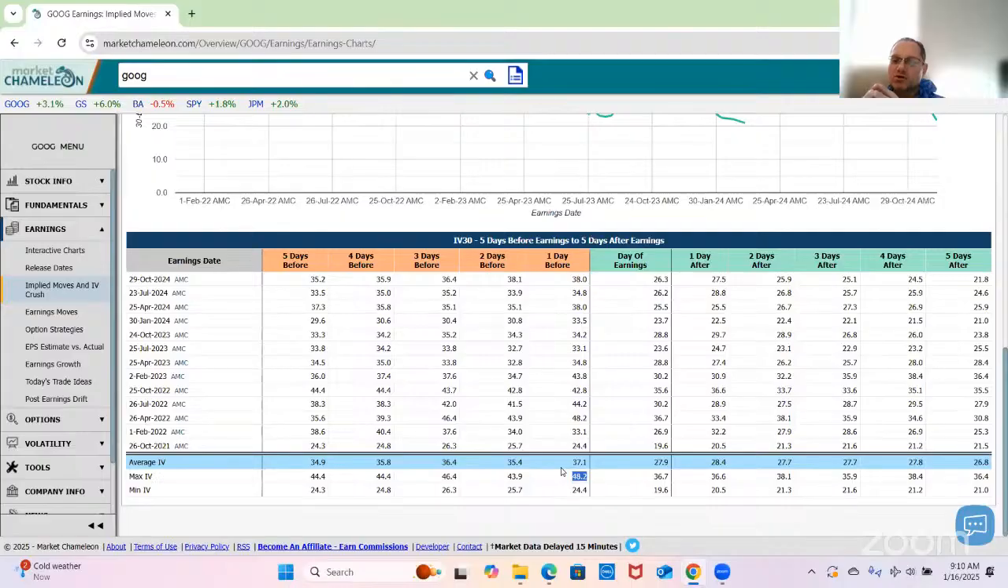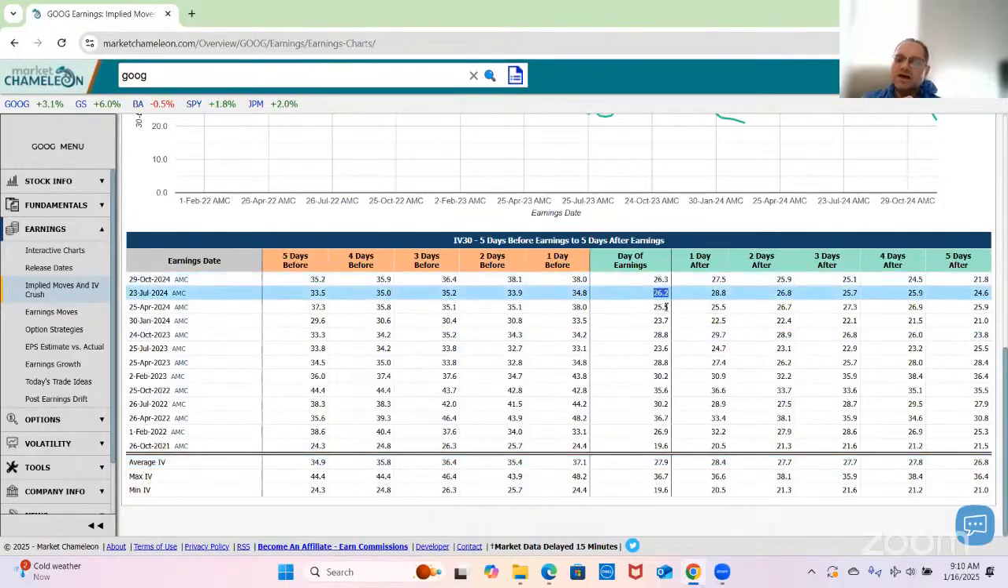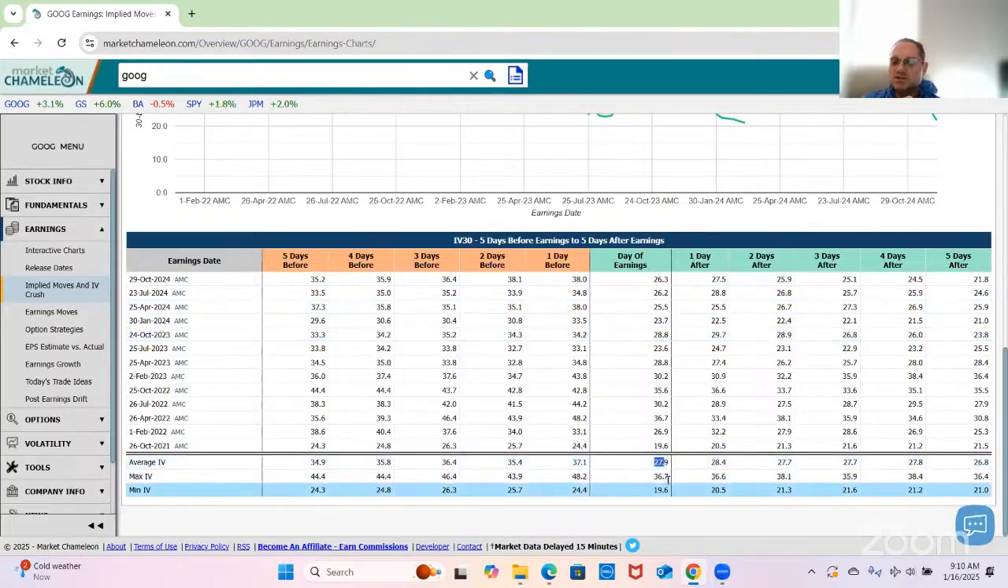Where does it fall to? So we could see here, these are the day after closing. On average, 27.9. You can see here also the ranges, as high as 36.7 and as low as 19.6. So these are quick reference points if we're looking at the implied volatilities,